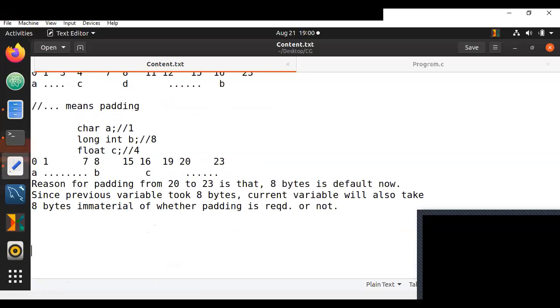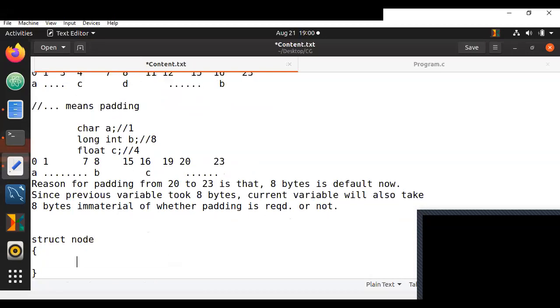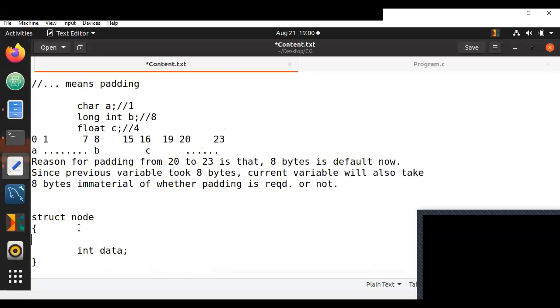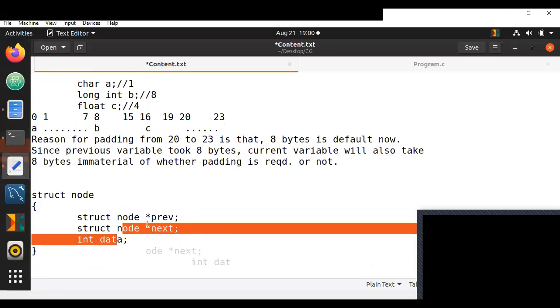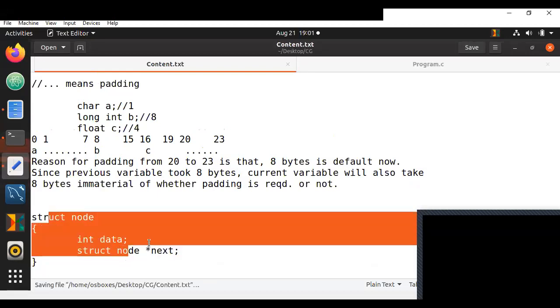This is why whenever you create a linked list, we always use struct node and we use int data first and then we go for struct node star next, because address size will be larger than an integer size. If you do it the opposite way, then you're taking so much more memory for every variable. And especially if it is a double linked list, you do something like struct node star previous, even then data will be there for the same size as previous and next. So to make sure it saves memory, we always do this.